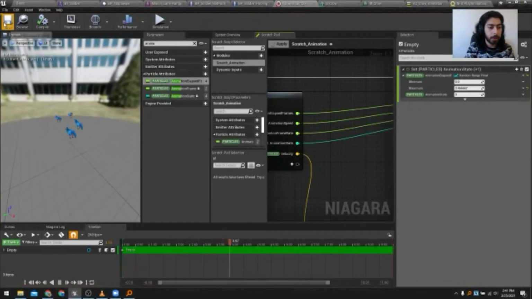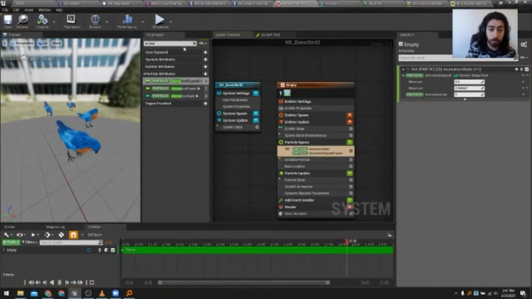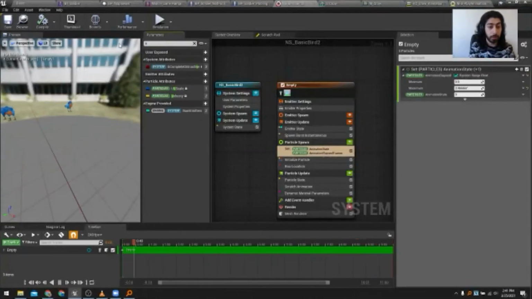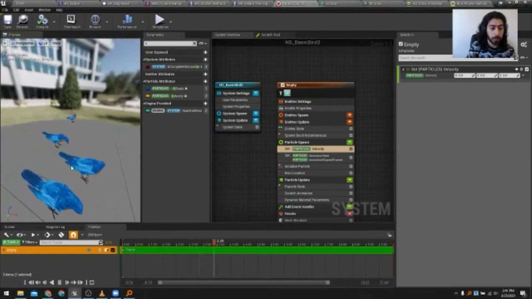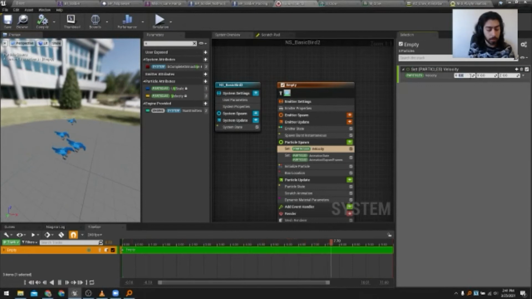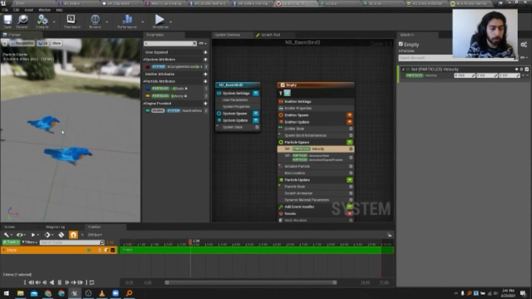Finally wait, compile and save. And nothing happens yet, but the easiest thing to do is, let's just set the velocity manually. So if we drag the velocity here, and we put it in the particle spawn, right now our velocity equals 0. What if we wanted them to move? So we just have to say velocity equals 10. And now we can see we transition to the different type of animation we have. If I put it back to 0, they're now idle again.